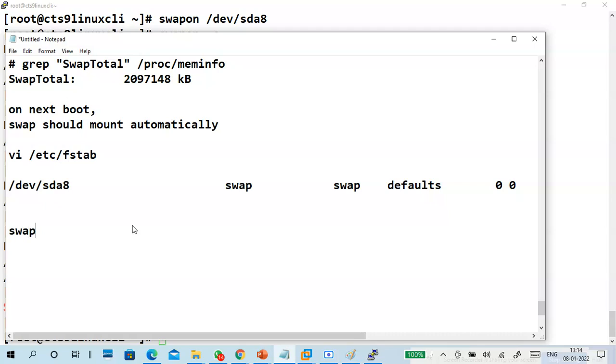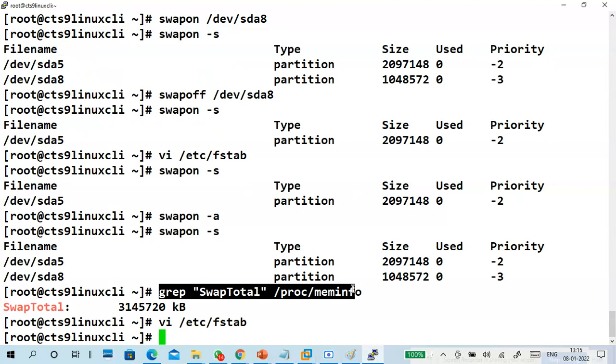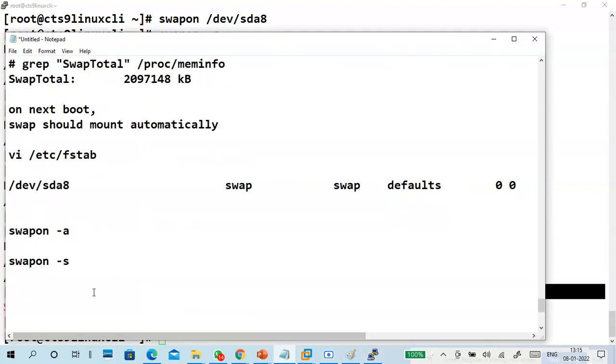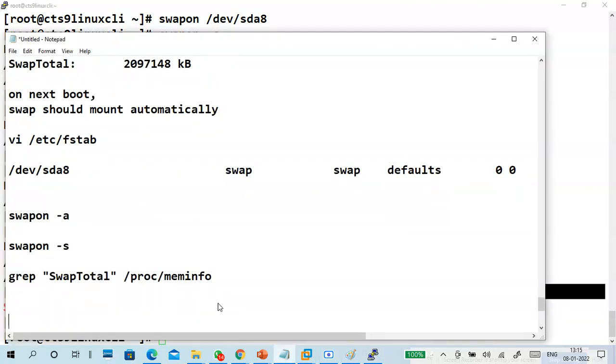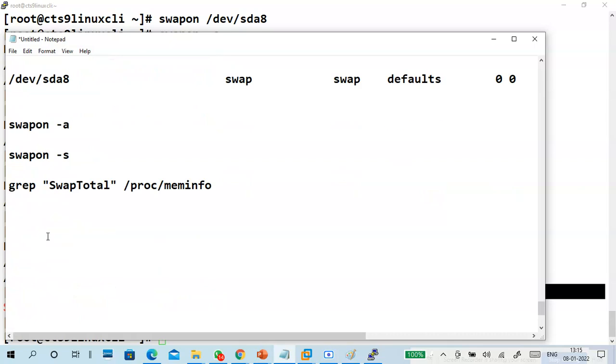Then what is the command? swapon -a. Simply it will mount. So you can check it with swapon -s. Next one, where is this command? Easy command. Copy it, paste. Okay, like this. So verify it.